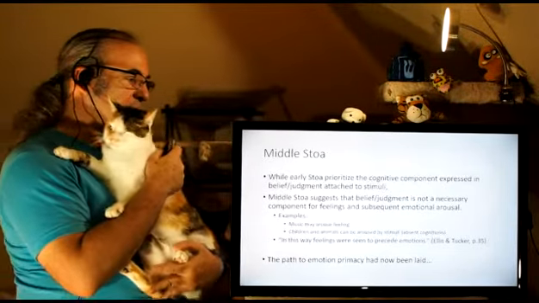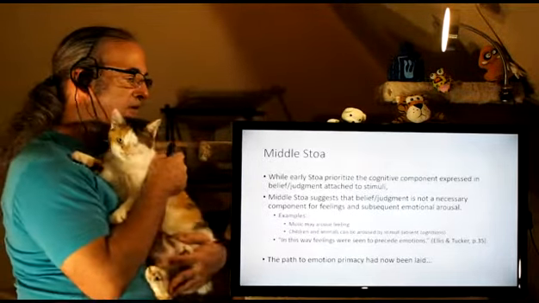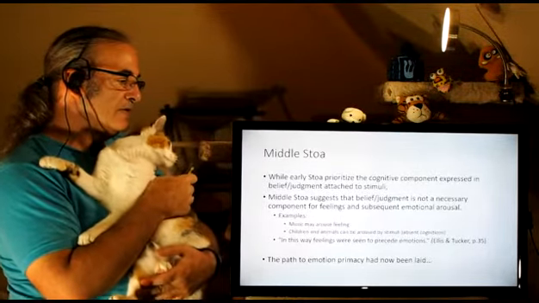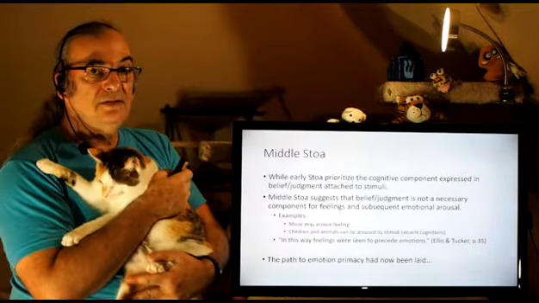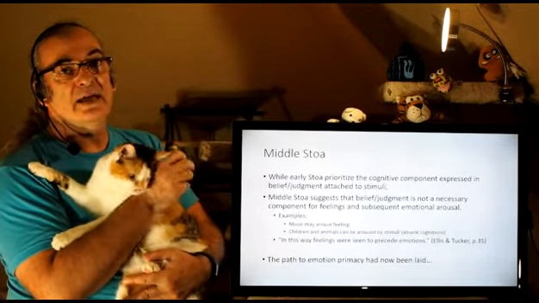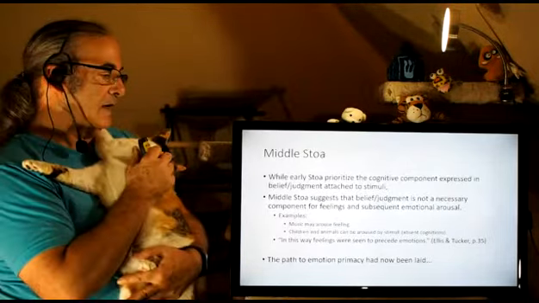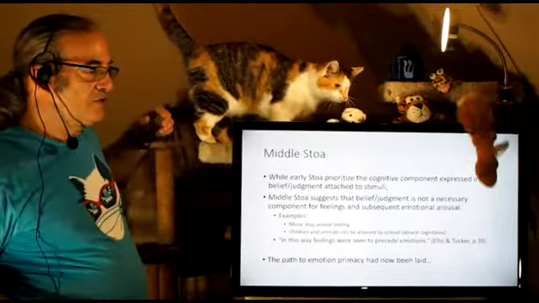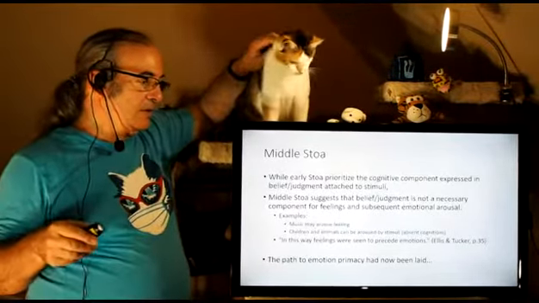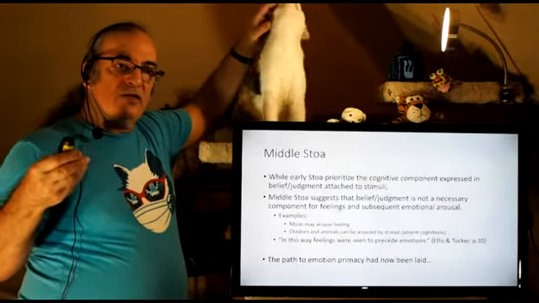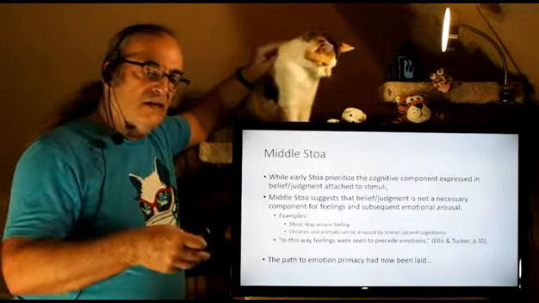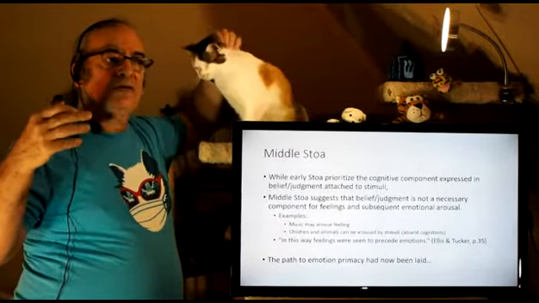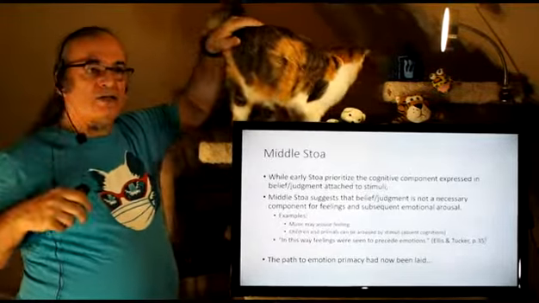Okay, so the middle Stoa then, while early Stoa prioritized the cognitive component expressed in belief and judgment attached to stimuli. And notice, this really presages classical conditioning, that is, actions are being tied to environmental stimuli. The middle Stoa suggests that belief judgment is not a necessary component for feelings and subsequent emotional arousal. So, notice that the middle Stoa are saying, I understand the early Stoa are saying that we don't have to have emotion. But the middle Stoa is kind of backing off on that and saying, well, emotion can arise outside